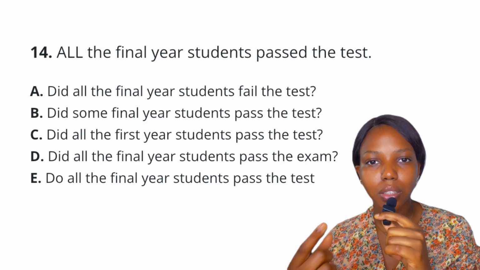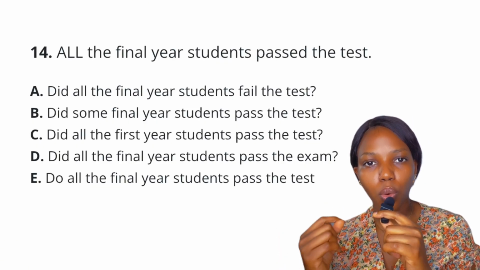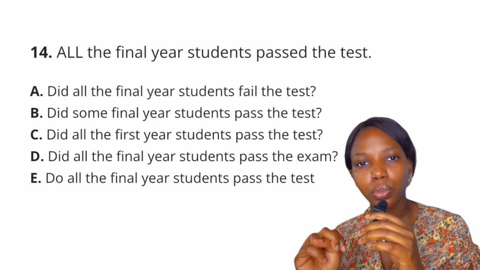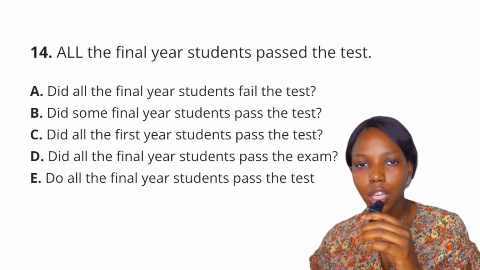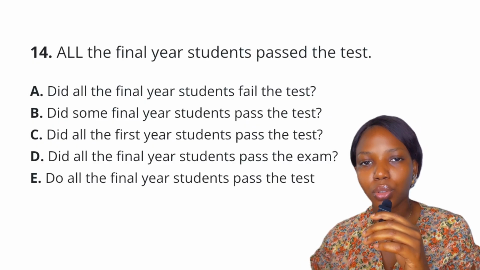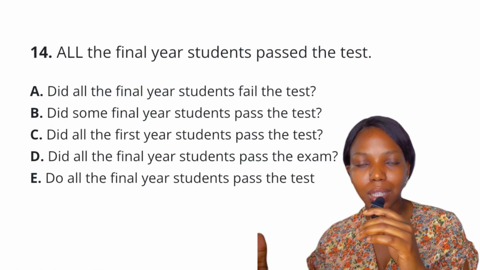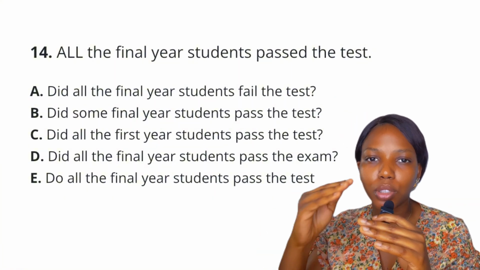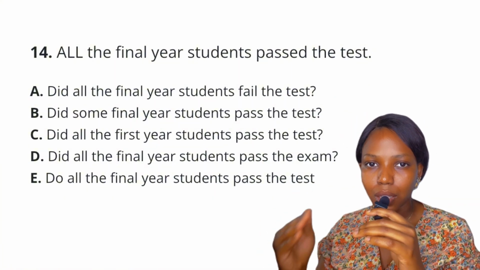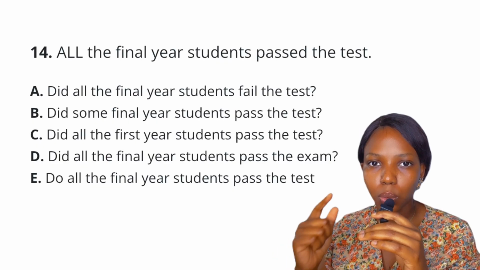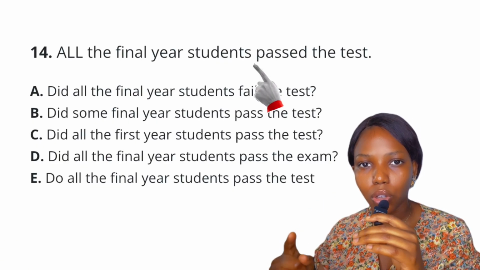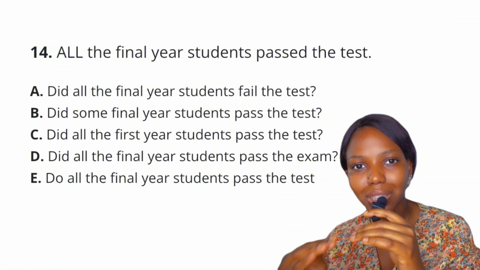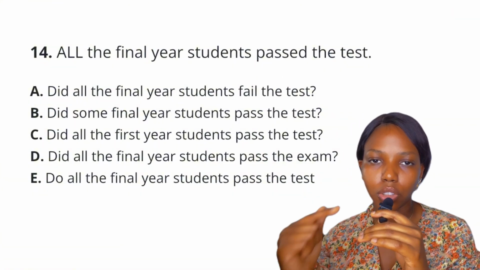The first is you want to identify the word in caps. So all is in capital letter. So this is the focus word. Step two is you want to look for a natural alternative for the word in caps. So all is a determiner. So you can consider some, any, these are determiners that can serve as a natural alternative for all. Step three is you want to keep the subject and the tense. The final year student is the subject, and you want to keep the past tense because we see past. Step four is you want to form a question that tests the contrast only.